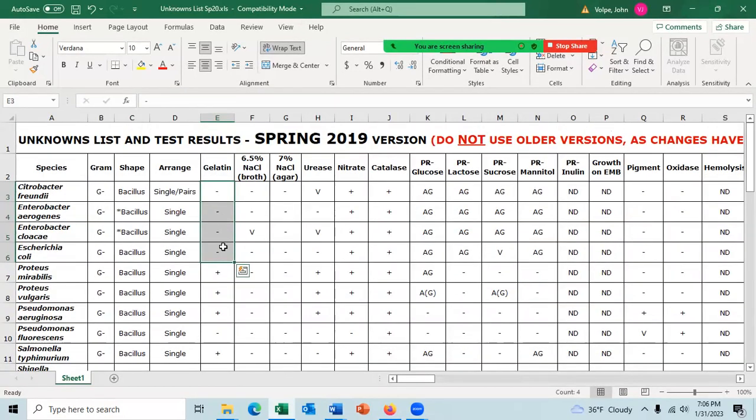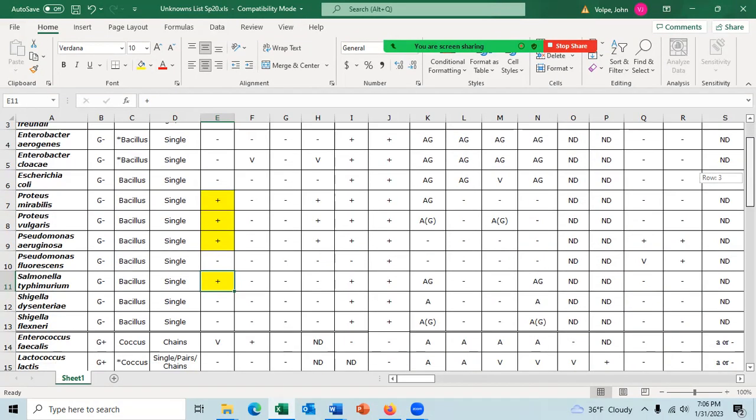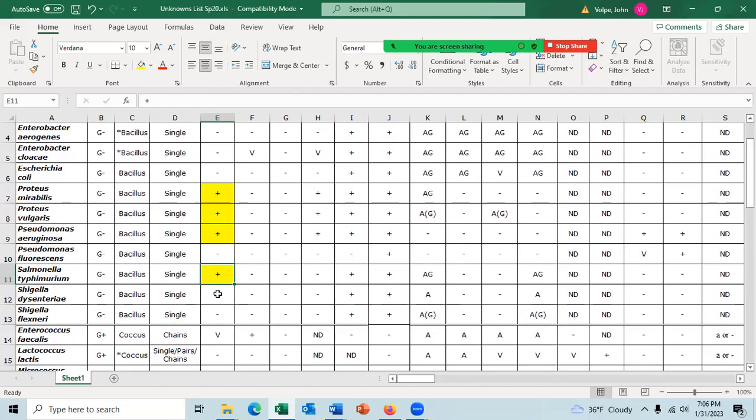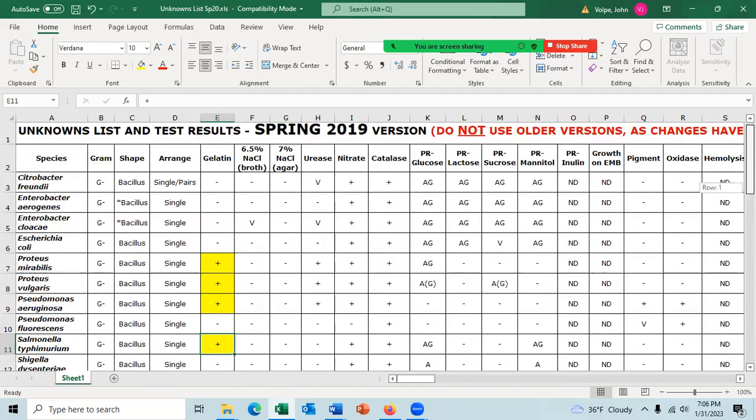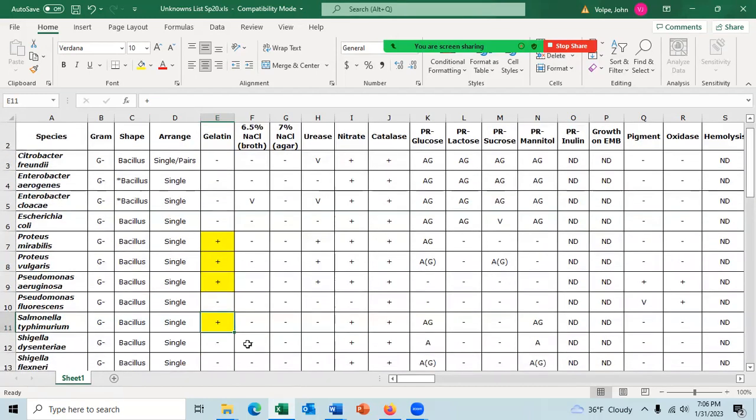If it is a positive result, then it's going to be one of these three or this one of the gram positives. All of these gelatin hydrolysis negatives have now been eliminated. So in this case, I told you you're first doing the gram stain and then doing the gelatin hydrolysis. And now we've narrowed the species under consideration down to four.